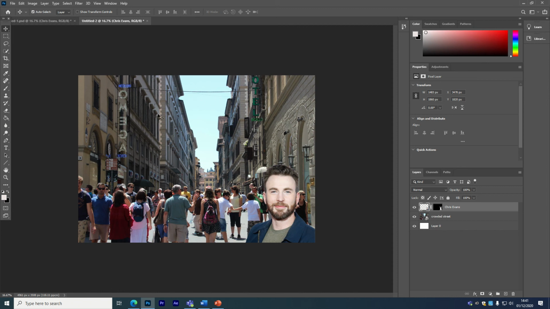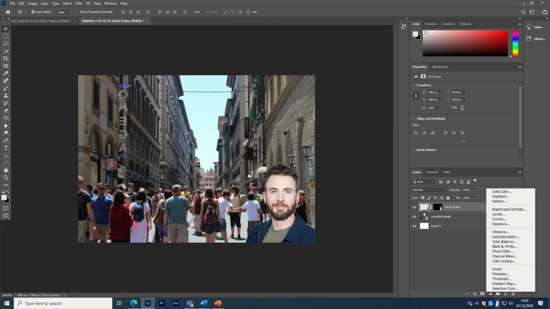Okay, the last thing to do now is basically adjust the lighting and the colours, because at the moment it's quite clear that Chris Evans has been taken from a different picture and put on here. With a few little effects, you can make it seem a bit more seamless. So first thing to do is the lighting, and for that I'm just going to put in a black and